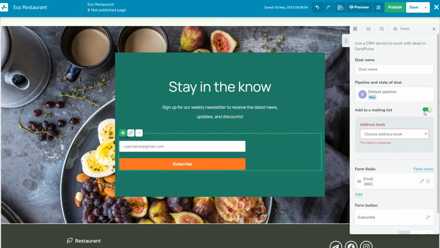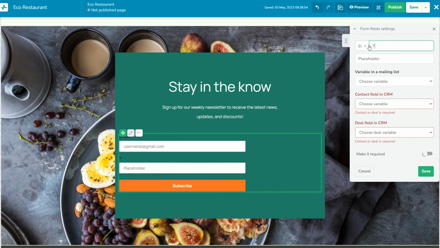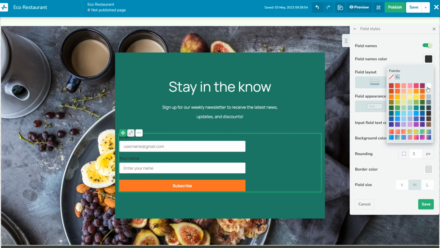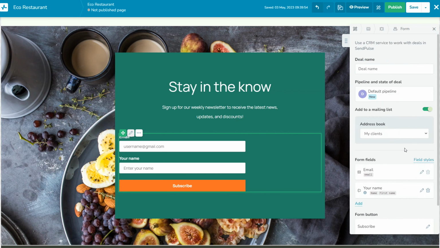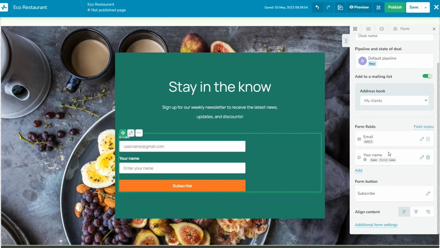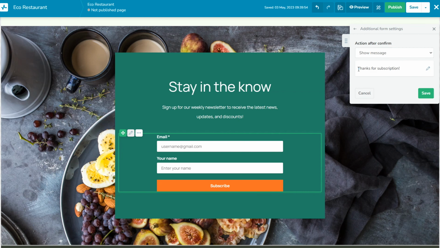You can automatically store users' data in the free SendPulse CRM system. Enable adding contacts to your mailing list. Add and edit necessary fields. Choose the variables to store the data from the field in the mailing list and in the CRM system. Customize fields and button appearance and alignment. By clicking on additional form settings, you can set up action after confirming, show users a message, or redirect them